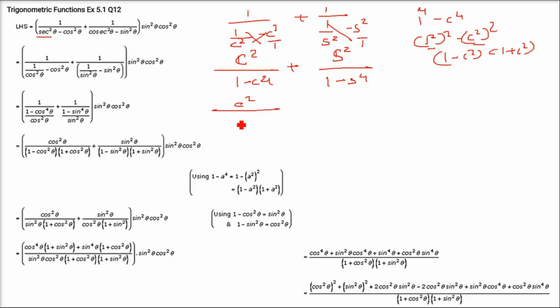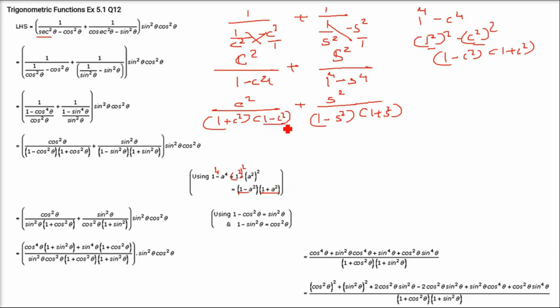So this 1 minus cos to the power 4 can be written as 1 plus cos square and 1 minus cos square. Again with this one also, sine square, I'm writing 1 to the power 4 minus sine to the power 4. Similarly, the same logic goes, 1 minus sine square and 1 plus sine square. Right? So this is what we have done: 1 minus a to the power 4 can be written as 1 square whole square minus a square whole square. So 1 minus a square, 1 plus a square.